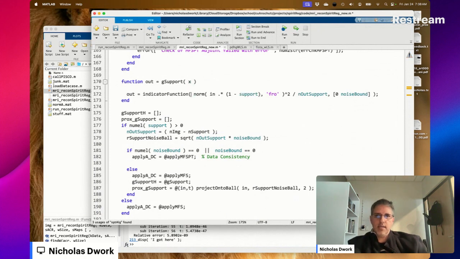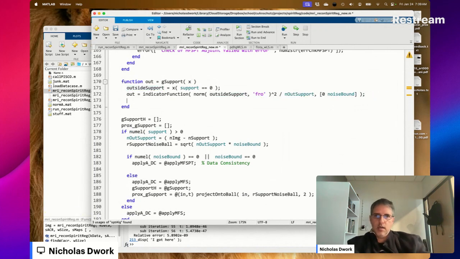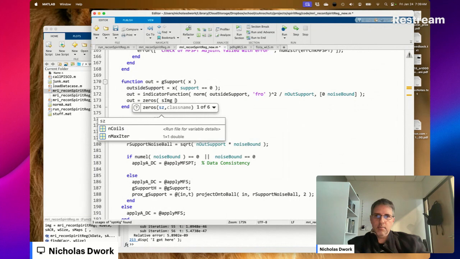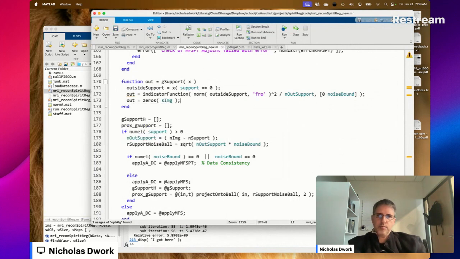We call this X. Outside support is equal to X. Support equals 0. We just want to project the stuff outside the support. Out is equal to 0's S image. Wait, X support equals 0 is equal to